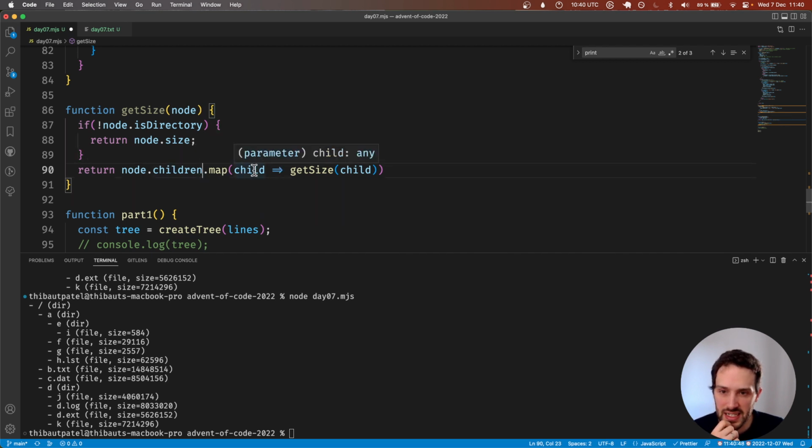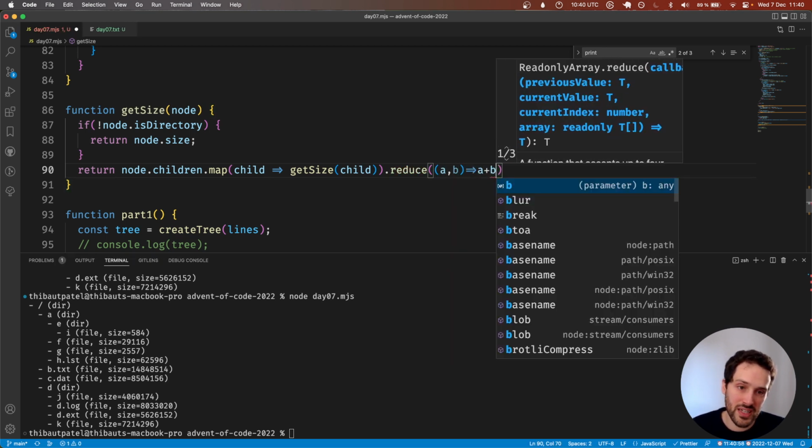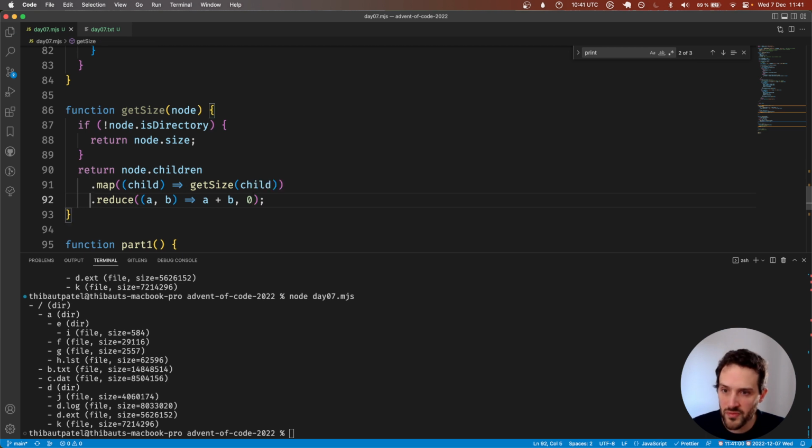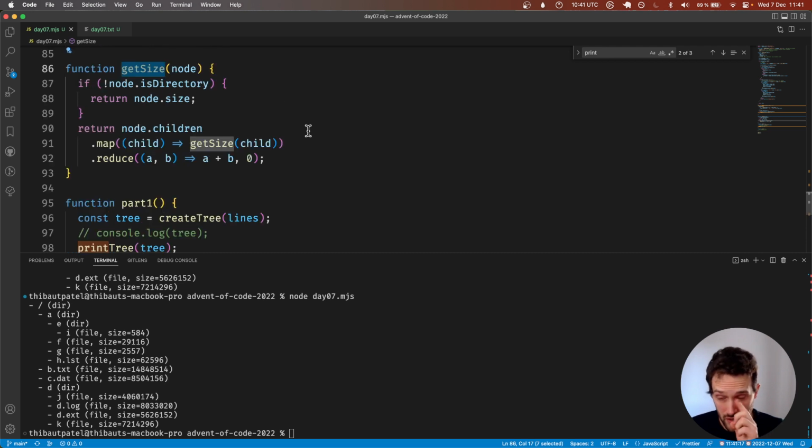And here basically we get the size of the child, and we just have to sum a plus b. So this is in JavaScript the way to do a sum for an array, and it's good to have 0 here in case there is just one value in the array. Then this is 0 plus the value, and then this works. I think this is it. So here we should be able to find the size of